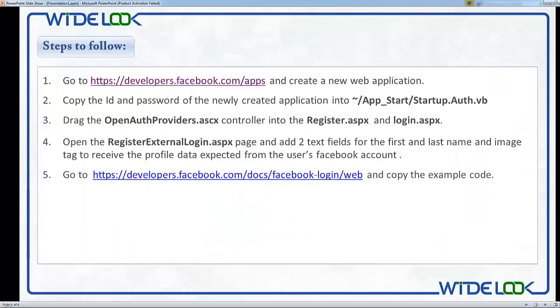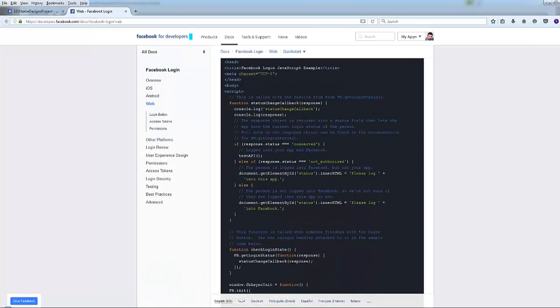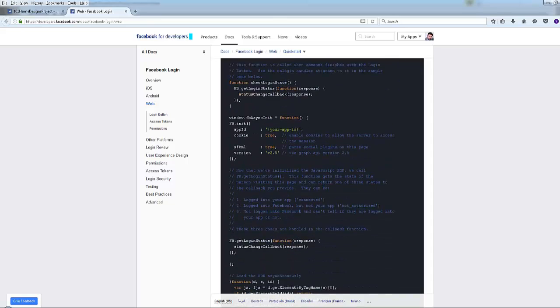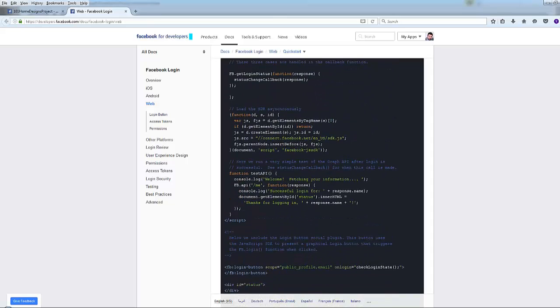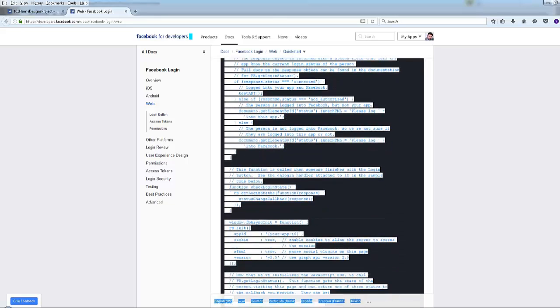Go to developer's Facebook account and copy the example code. So let's go to this page and let's copy this jQuery code. So I will copy those things between the script open tag and the script close tag. So I will copy all of them here,